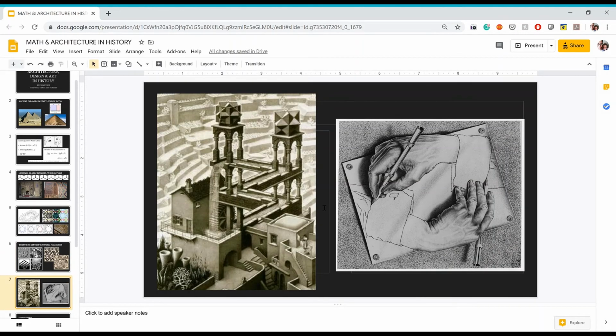On the left, the drawing of this waterfall depicts a recursive loop, or you could interpret it mathematically by saying it's almost like a recursive loop. The flow of the waterfall is being directed by architectural structures which seem to defy the logic of space, and touches on ideas such as recursive loops similar to a program which could write its own source code. On the right, the pair of hands drawing themselves off of the paper illustrates the paradox of self-reference stunningly and